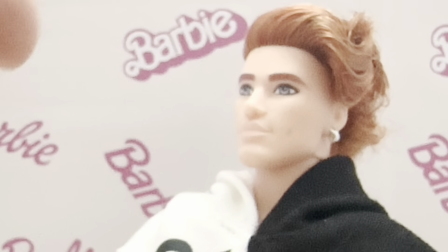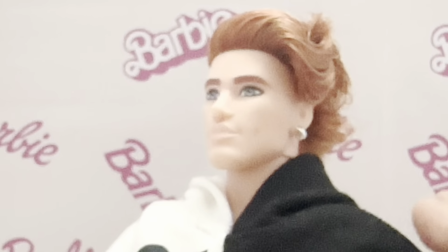So what I mean by that is that he's got this fantastic articulation, which allows you to pose and play with him in just about any way you want. He's got quite a few removable pieces, like this really nice thick hoodie and this nicely detailed outfit. He's got those really cool shoe sandals. I don't think we've seen them before. And then he also comes with a couple of accessories so you can work around styling him in different ways. He comes with a stand to be displayed better, and again, with that posing, it helps how you want to